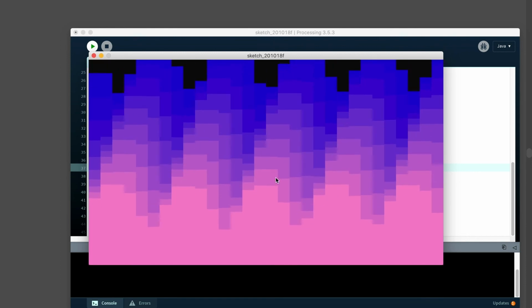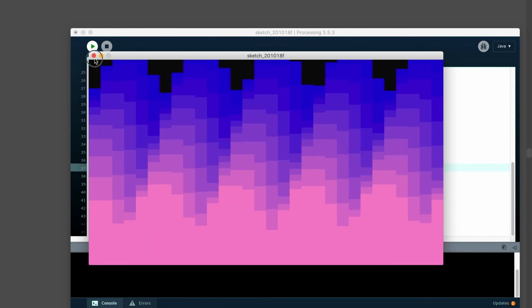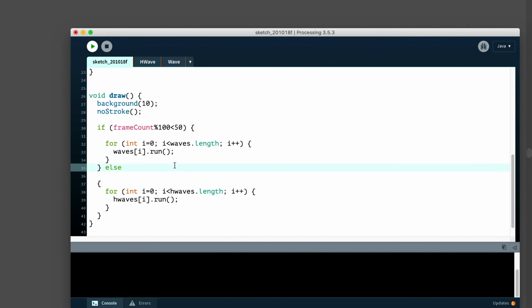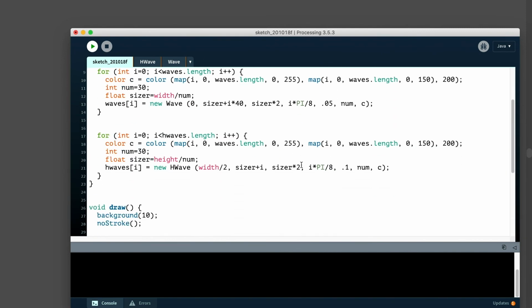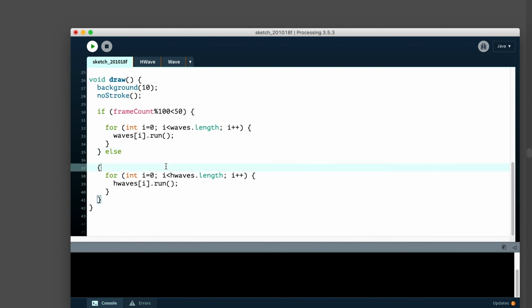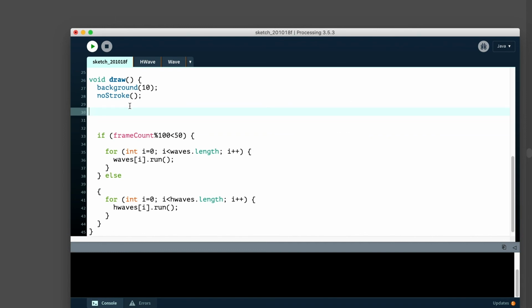And the other thing I might want to do is have situations where maybe I've initialized it up here, but you can also feed it new variables or new values as you're going through. So maybe I have some conditions like another frame count thing.